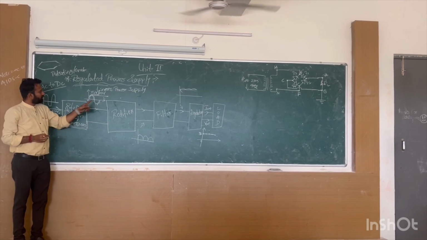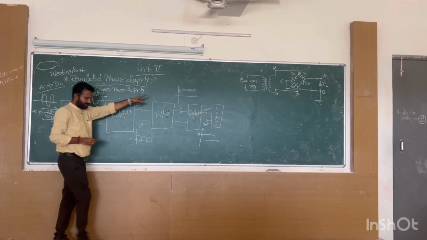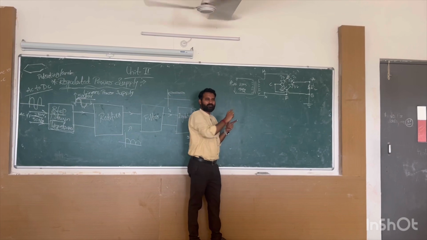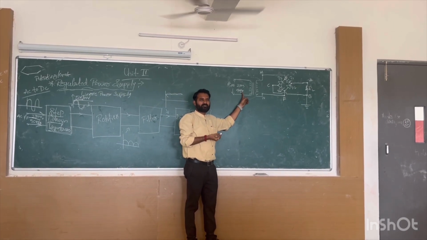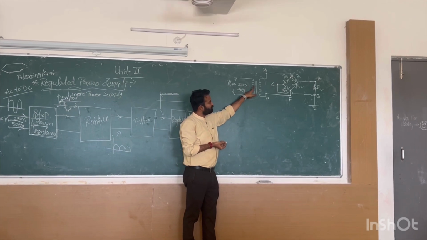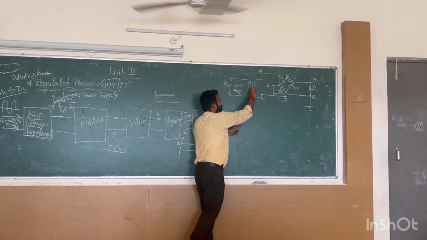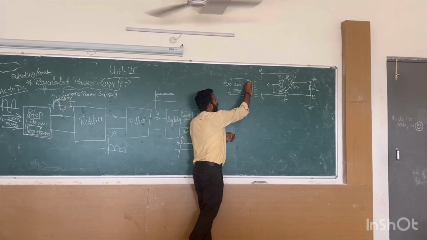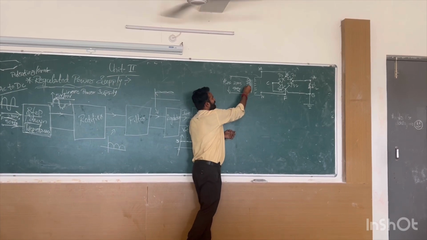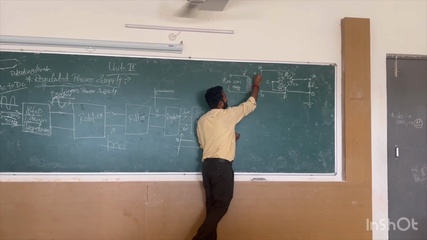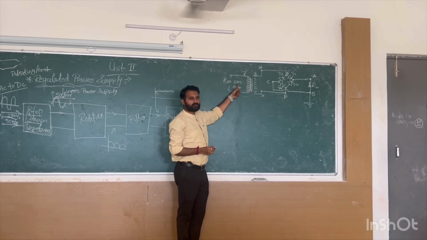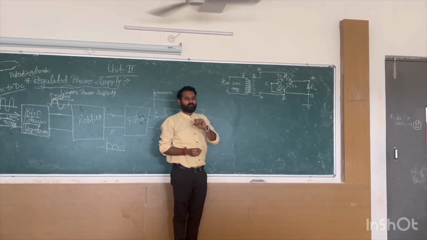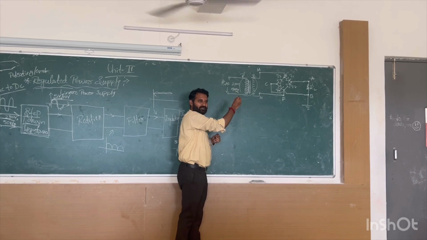Now technically how can we achieve this? Listen here, that is the diagram. This is nothing but the step down transformer, the symbol of a transformer. Have you seen this? Where have you seen this? In any subject. This is the step down transformer. If you draw two vertical lines, that is the air gap between the two coils. This is the primary coil and this is the secondary coil. What am I applying? 230 volt. Now technically how can we make it 5 volt or 10 volt? By adjusting the turns ratio.